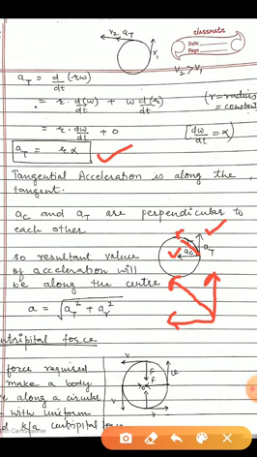Similarly we will calculate the acceleration and that will come out along the circle. And if both vectors are perpendicular to each other, then there is a formula for the calculation of the resultant. Here you will calculate the net acceleration. This a is the net acceleration along the circular path, that is equal to the square root of the sum of squares of the tangential acceleration and the radial acceleration. You can find it easily.